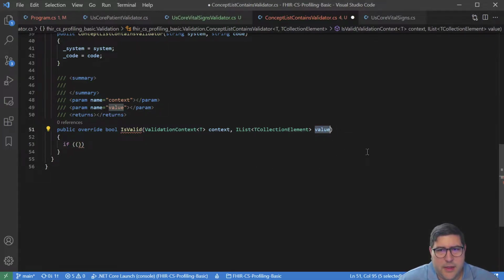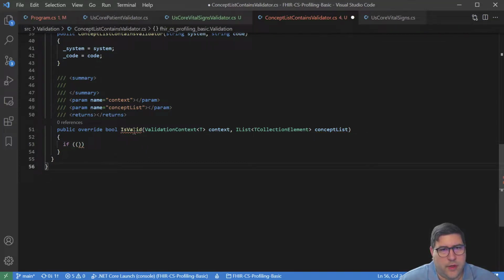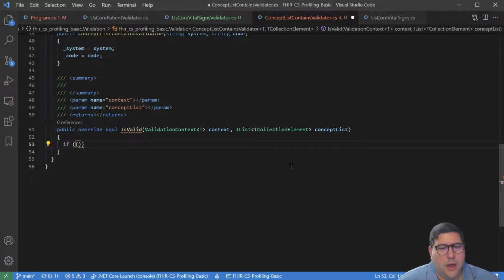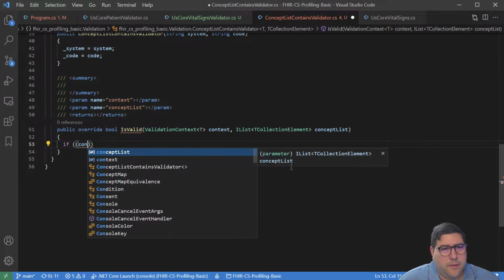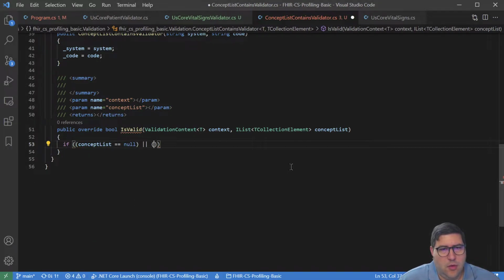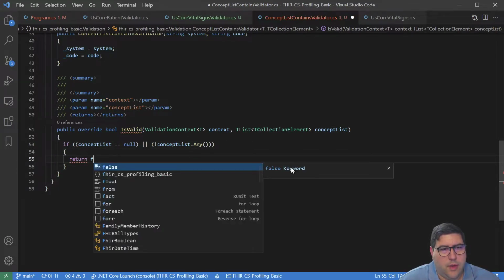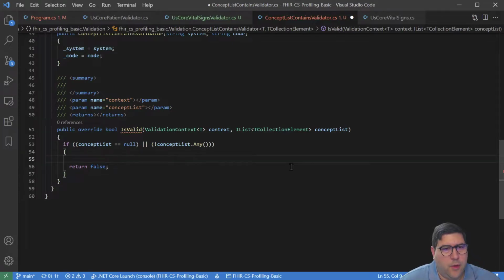I'm actually going to change this name to concept list because we're doing lists and codable concepts and codes and all these different things inside. So if the concept list is null or the concept list is empty, so we don't have anything, then we want to return false,